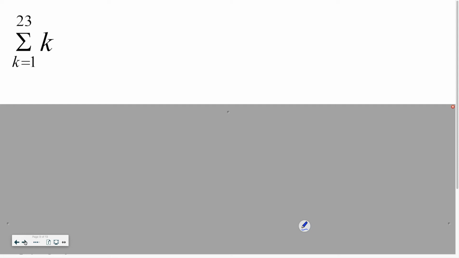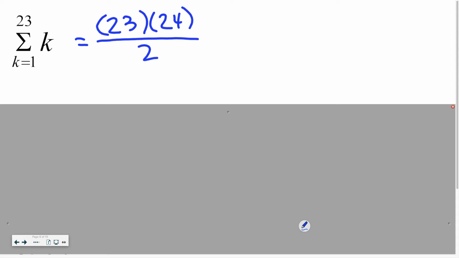What would our n equal in this scenario? 23. So we have n times n plus 1 over 2. 23 times 12 would be